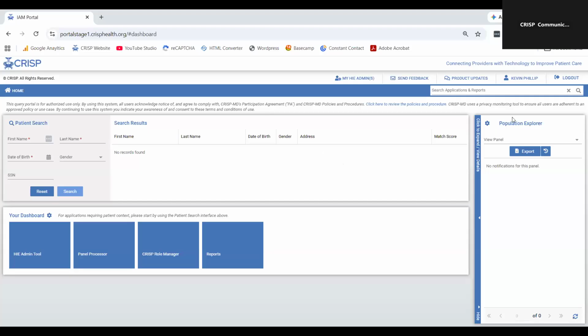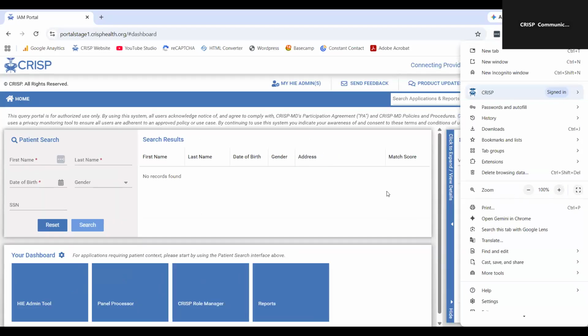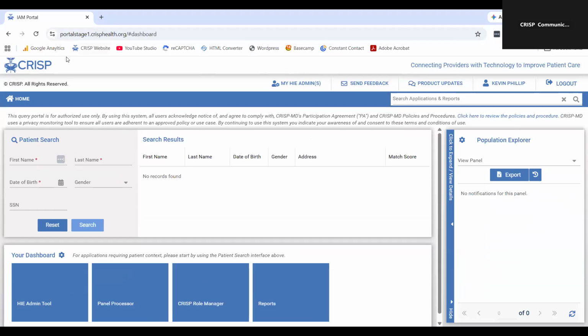All right, so now you are seeing the stage portal. On the left side of the screen, you'll see the patient search and the other applications that you have access to. And if you have Population Explorer set up on your portal, it will display on the right side of the screen. The first time you log in, it will have an empty window here for you to select your